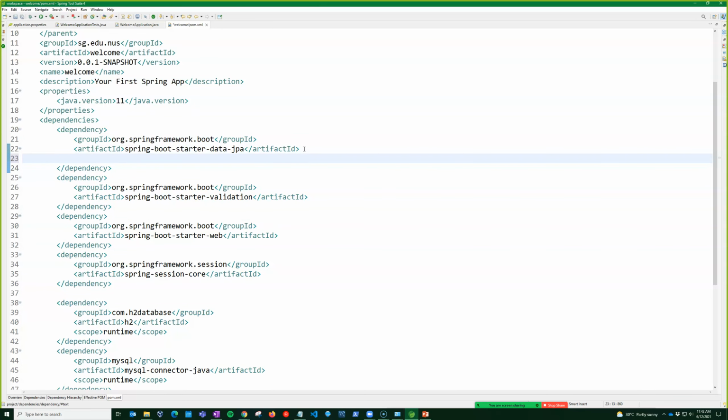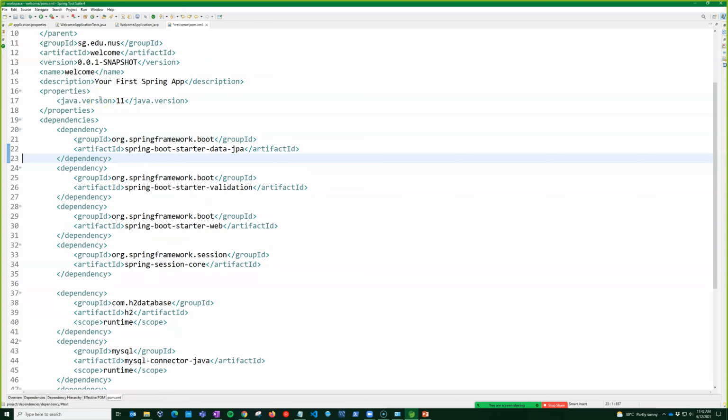It will have something like version and then there will be a version x.x.x. That's a very hard-coded way of doing it. Don't use it. Instead, remove your version and give a variable name and then put it inside the properties. I'll show you how to do it when I do one of my demos. Okay? So don't hard code it, don't blindly copy,